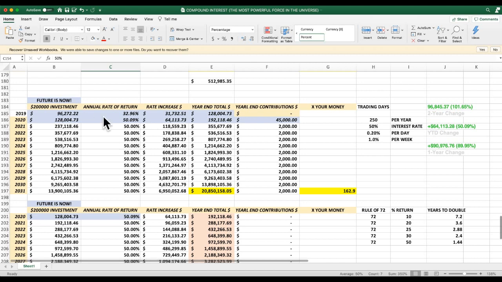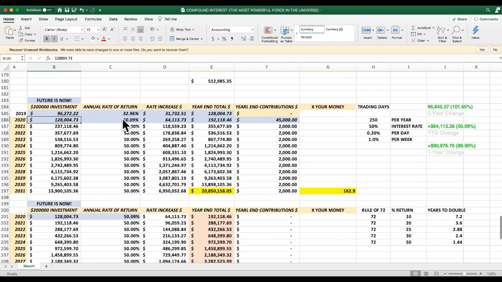I actually put in 2019 in the annual rate of return for 19. Granted, I basically was mid-year before I was really trading. I wasn't really day trading a whole lot, mainly swing trading and long-term investing, besides just buy and hold type of stuff. But you can see the rate of increase was 31,000 for a total year end, and that was taken right off of my Schwab account, 128.04 at the beginning of 2020.